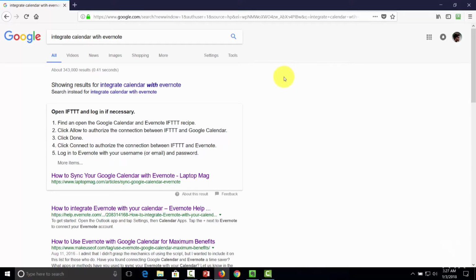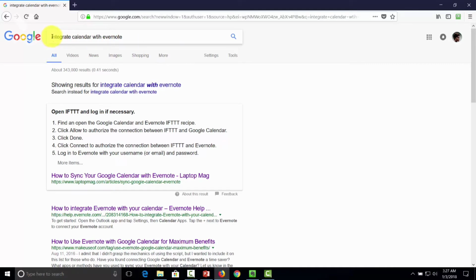Welcome back. Now in this video, we are going to integrate our calendar in our platform with Evernote. Now we're going to go through three popular calendar integrations: Google, iCal, and Outlook, which covers most, if not all, digital calendar users. Now, in order to integrate Google with Evernote, what you'll need to do is